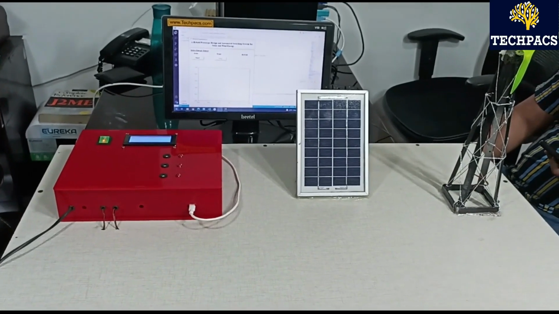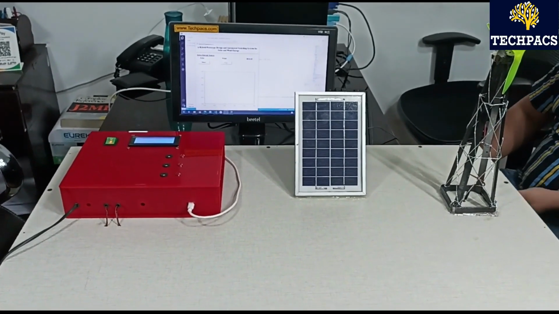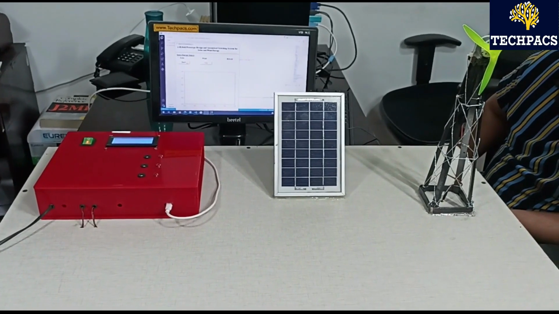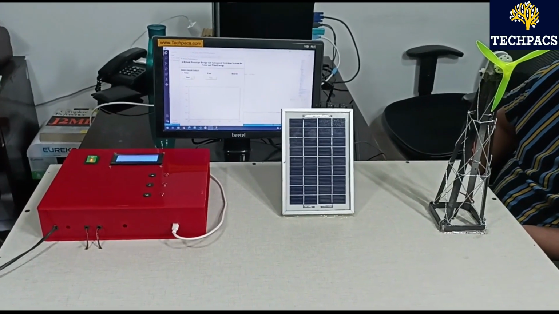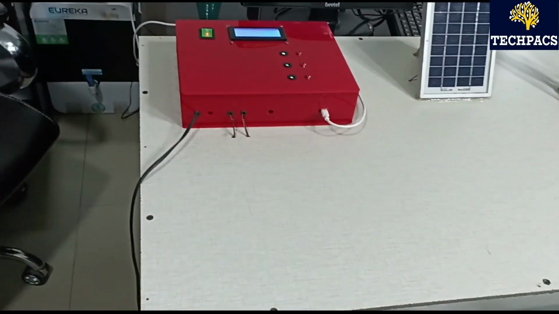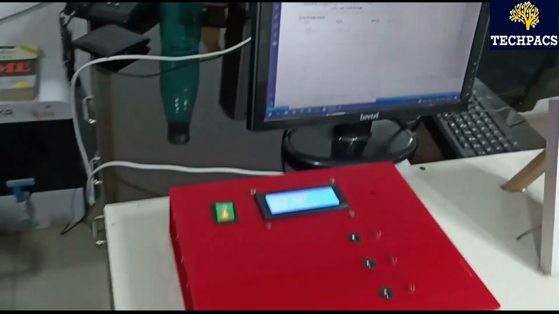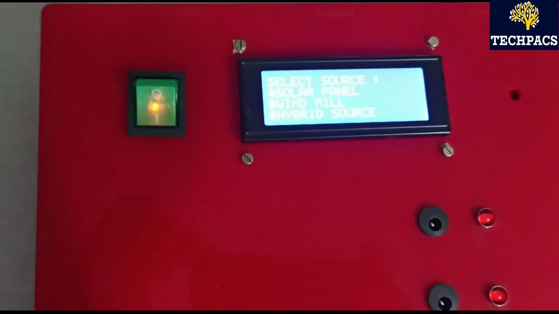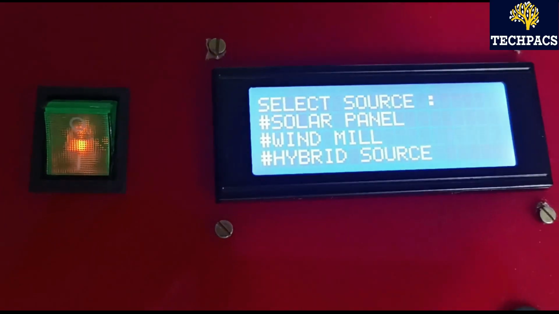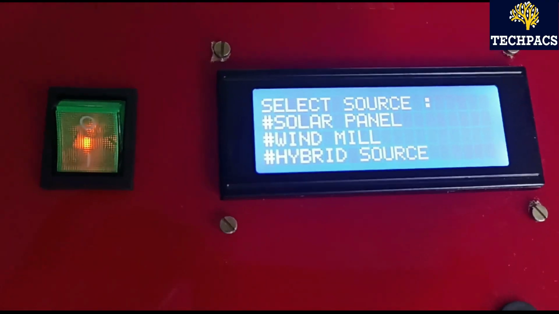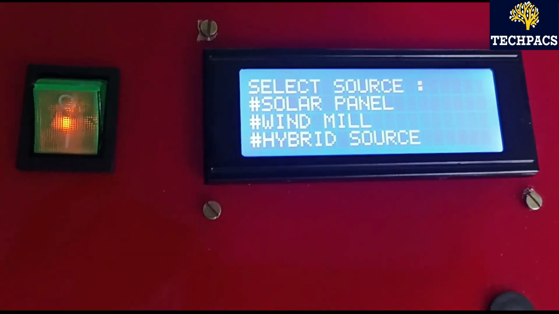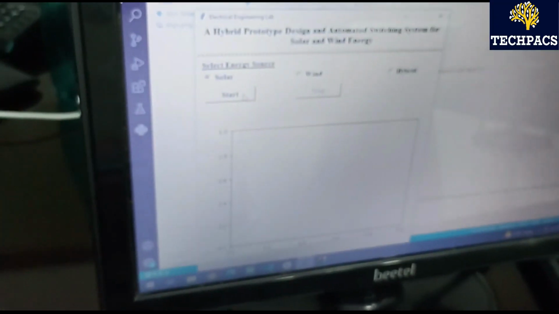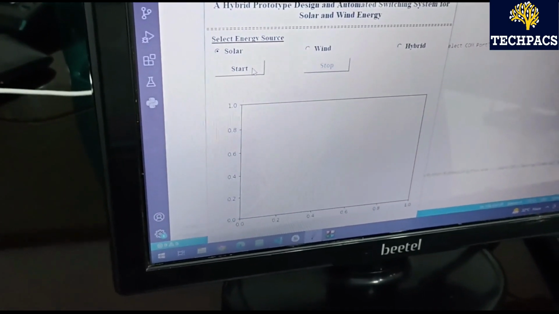Now we will have a demonstration of the project working. So first of all, we will start with the working of the solar panel. Here you can see that on the screen I have first of all chosen the solar option. Even on the LCD it is being shown select source. You will notice that as soon as I click on the solar on my PC and here I press start button,